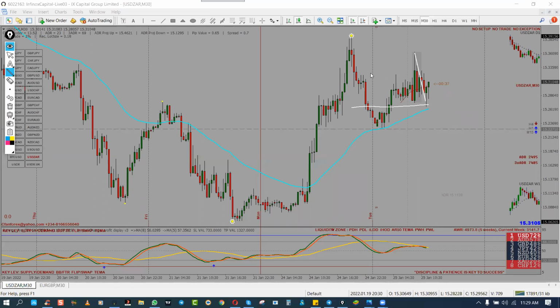midline of the Asian. Now we have the midline of the Asian up here. So this is the midline of the Asian. So expect the market to continue in the bullish direction, in the direction of the intended move. Okay, this is an example of initiation and then mitigation and then continuation. Now the process is initiation, mitigation, and then continuation.